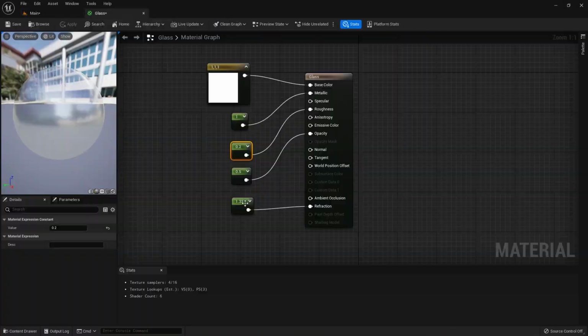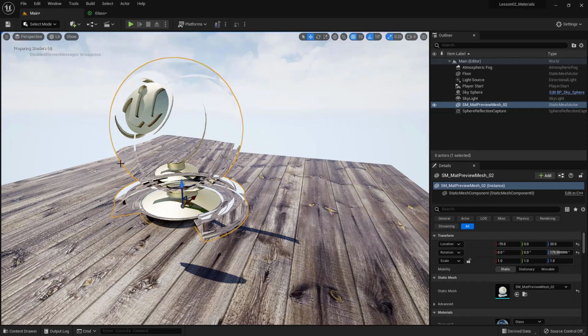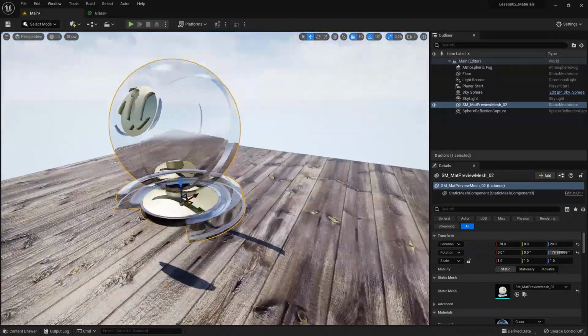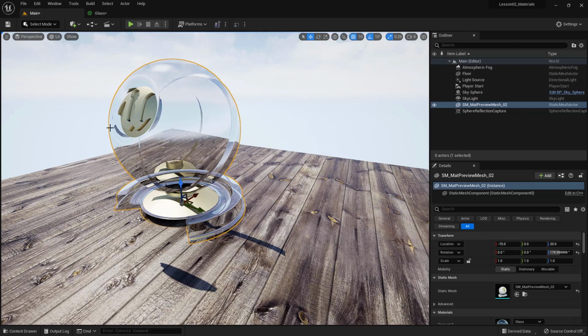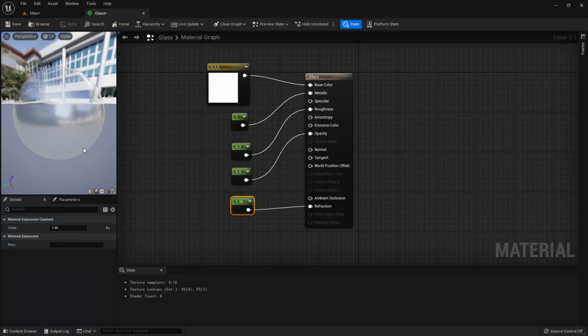Beautiful. You can just go ahead and increase your index of refraction. For example, oil has got 1.46 and introduces more refraction. Let it compile, and you can see now we're getting even more refraction introducing to the scene,